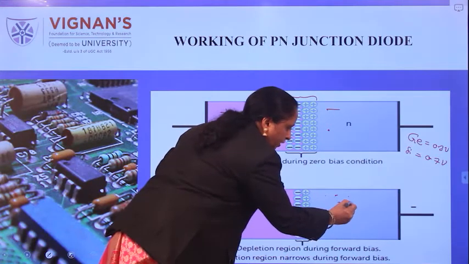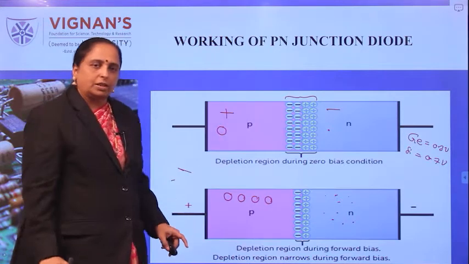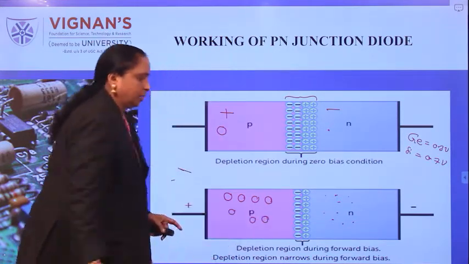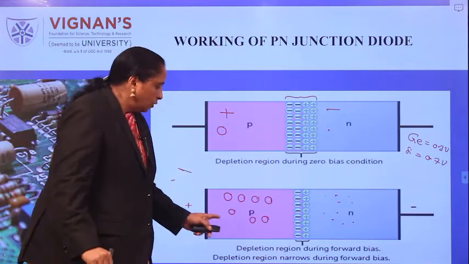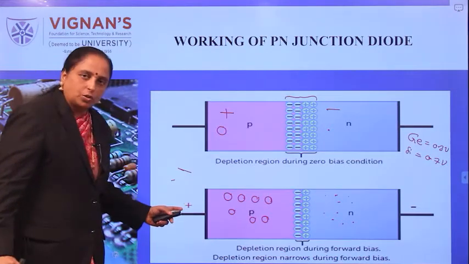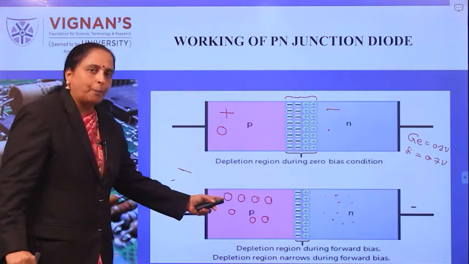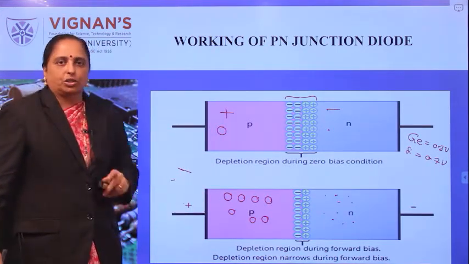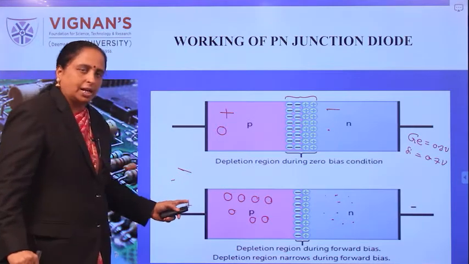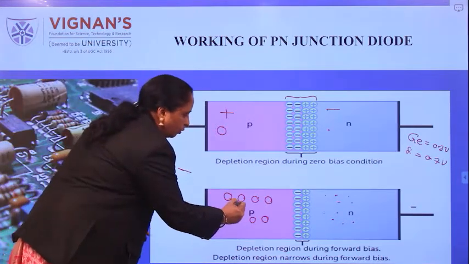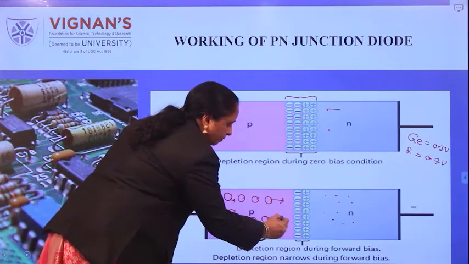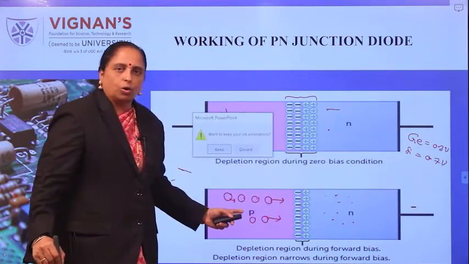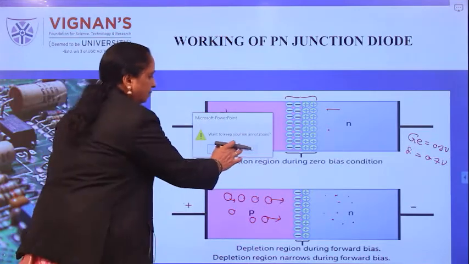So now there are a sufficient number of electrons on this side and a sufficient number of holes on this side. Due to the forward bias condition, this is the positive terminal of the battery, and this is a positive charge carrier, so definitely there is a strong opposition because of the same charge carrier. So the hole will try to move towards the barrier. But as I said earlier, this barrier will repel the holes back. Similarly,